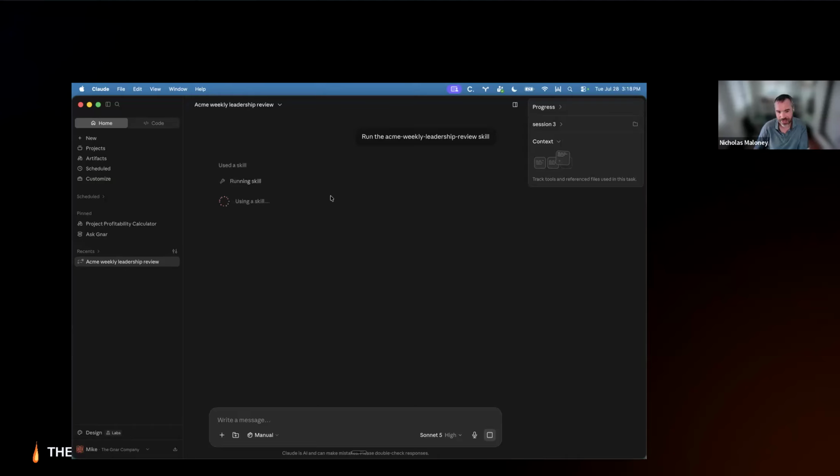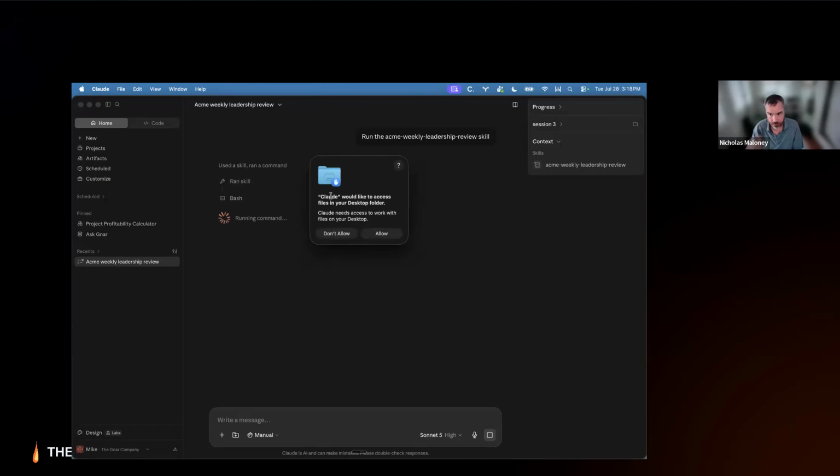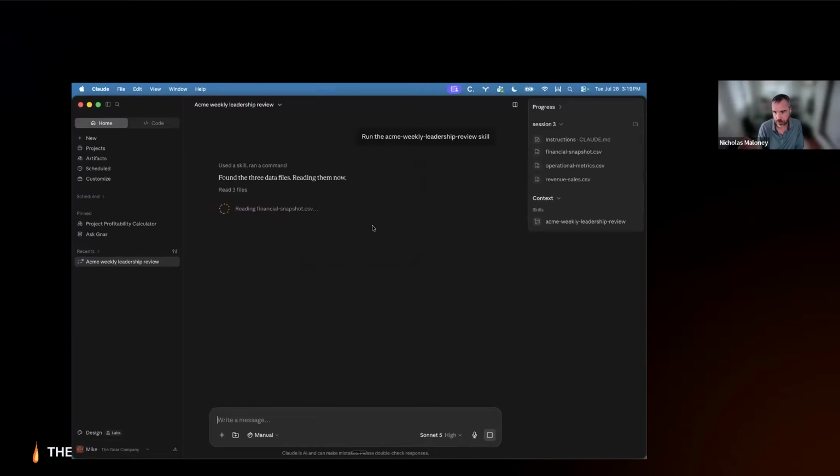One tip to consider is skill hygiene. Claude is generally pretty good at inferring what skill to use, especially if you're very explicit. Like here, Mike put the literal skill name, so it knows exactly what to use. Sometimes if you specify it, but not exactly, it's smart enough to know. But if you have similar skills, sometimes that can cause some confusion.